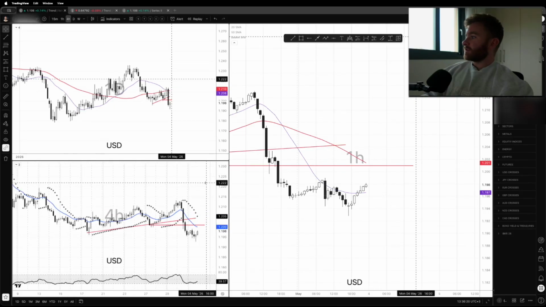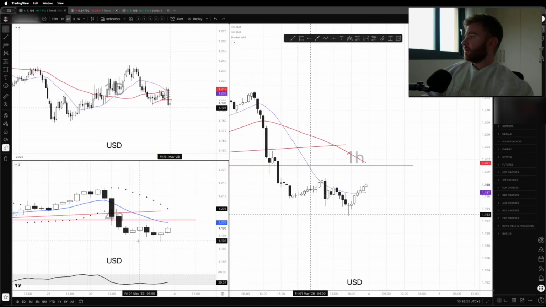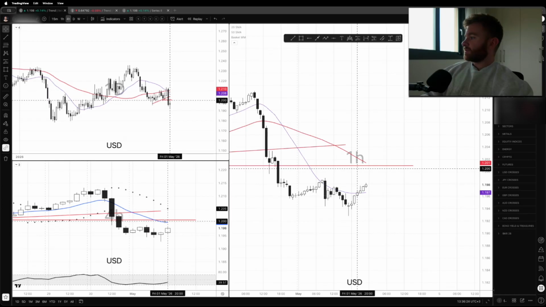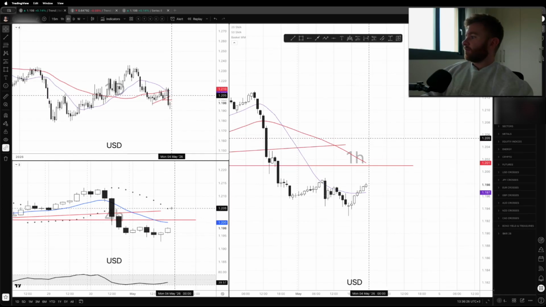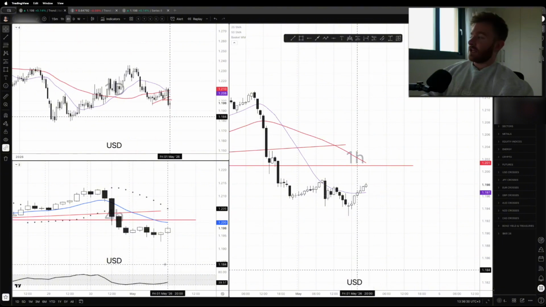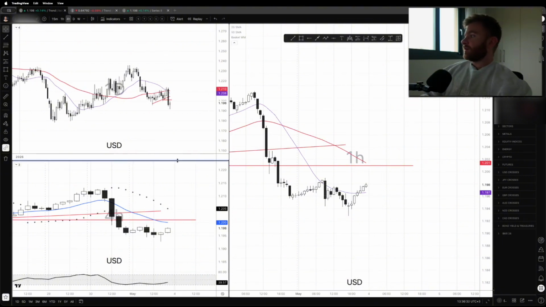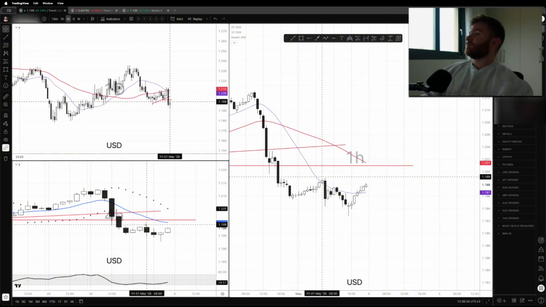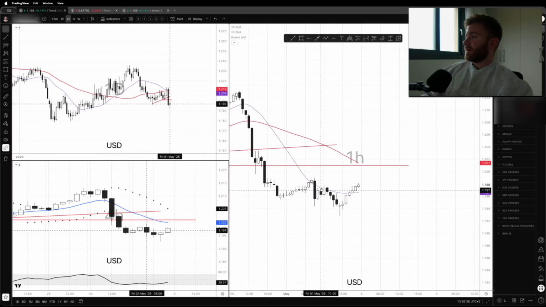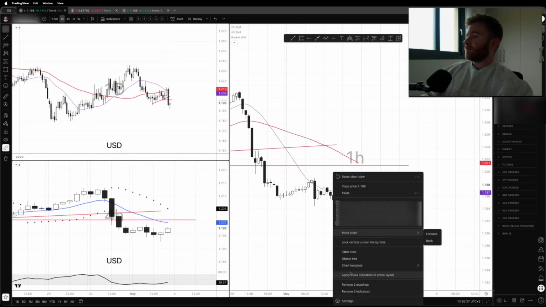And then what does this give us? Well, this is telling me right here we're creating this low base. We're below the 13 EMA, below the parabolic SAR. However, the RSI is starting to rise up. So what is it telling me? It's telling me that momentum is currently not to the downside. However, it's building energy. And then again, if we go on the daily chart here, if we just remove these